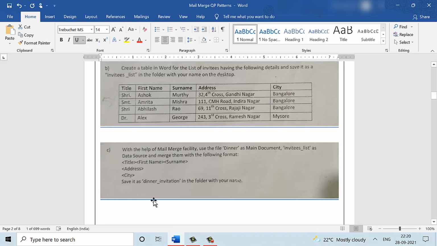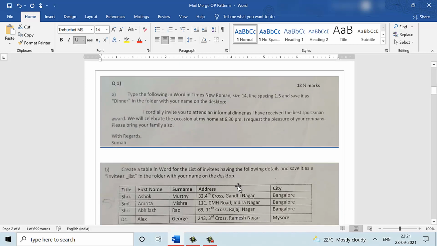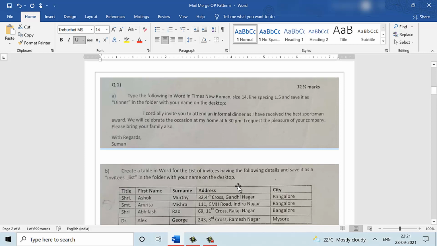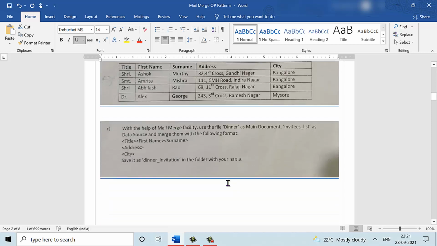Finally, the generated letters will be saved as dinner invitations, again in a separate folder. So this is one pattern or format of the question, where a letter is given, a data source is also provided in the question paper, and finally the fields that have to be merged are also specified.